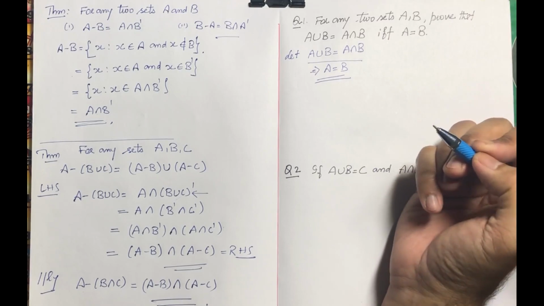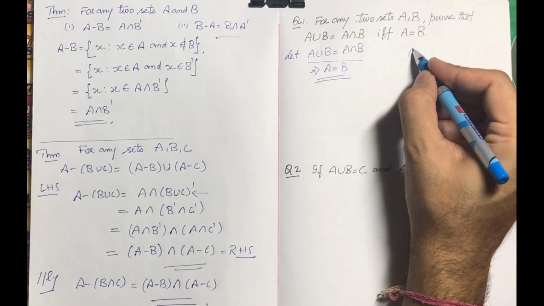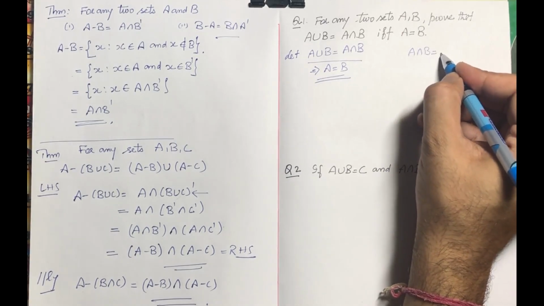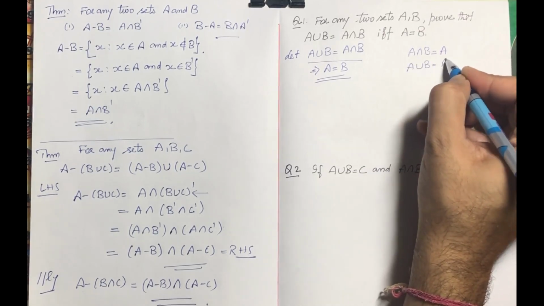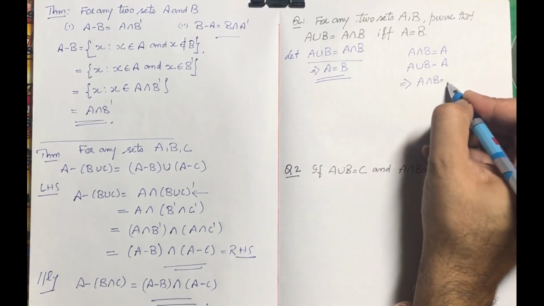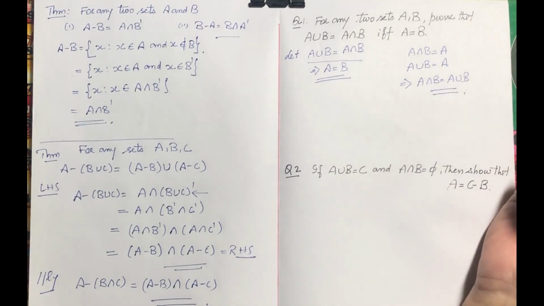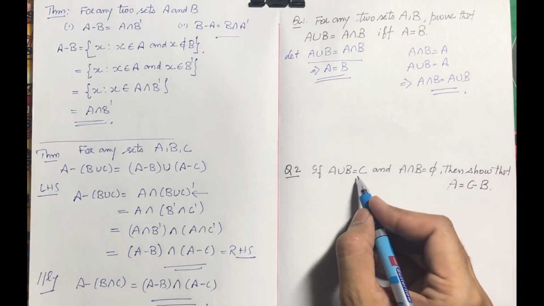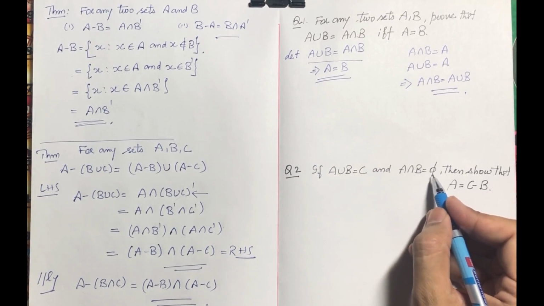Now right hand side, if A is equal to B, that implies A intersection B is A, as well as A union B is A, which implies A intersection B is equal to A union B, hence proved. Now another numerical, if A union B is equal to C, A intersection B is phi, the empty set,